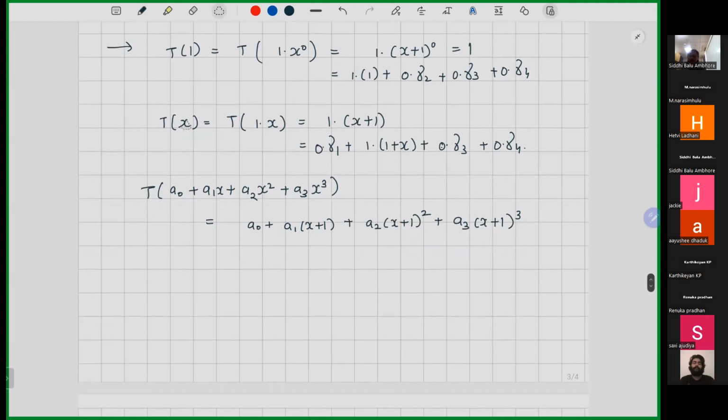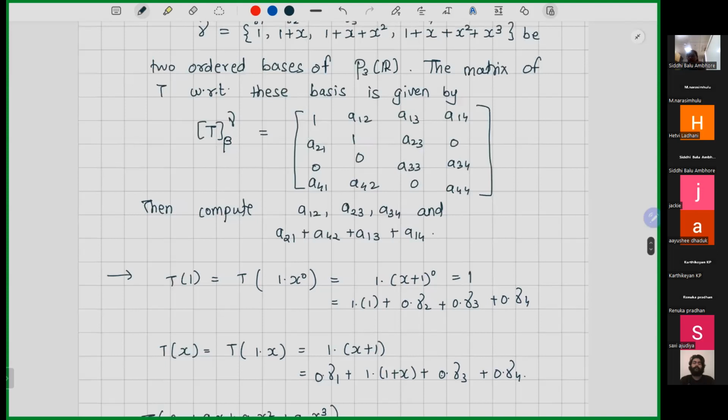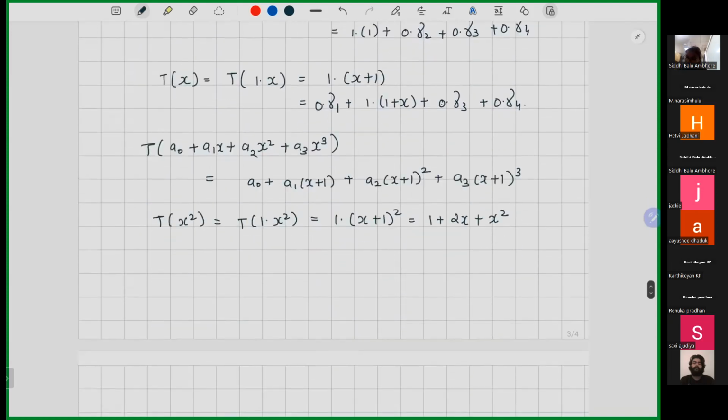So now x plus 1 is just 1 into x, which goes to a1 times x plus 1, and a1 is 1 in our case. Now it will be easy for you to understand what I'm doing. So T of x square is T of 1 times x plus 1 square, which is 1 plus 2x plus x square. Now I want to express this in terms of gamma. Gamma is again 1 plus x,